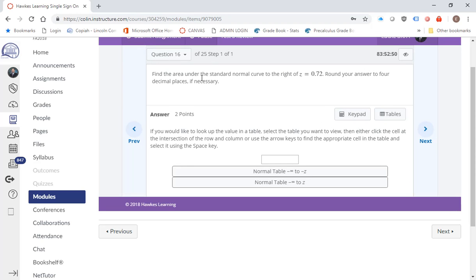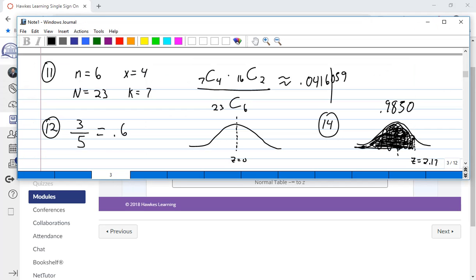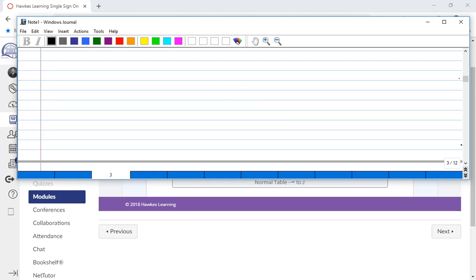Now it says find the area under the standard normal curve. This one says to the right, not to the left. Okay, that's very important. Of z equals 0.72. So let me draw a picture and show you what we're actually finding here. Alright. So to the right, so right here in the middle, remember that's where the mean of your set of data is, and that's where z equals 0. So to the right of that at 0.72 I think is what it said. So there is some z value around there that's 0.72. And if we're looking for the area to the right of that,